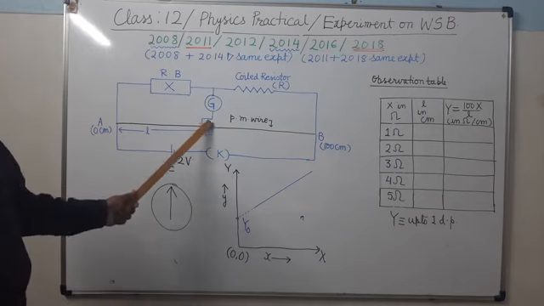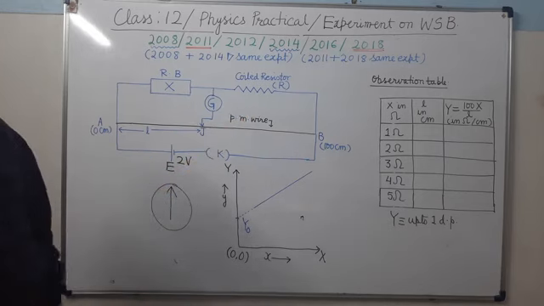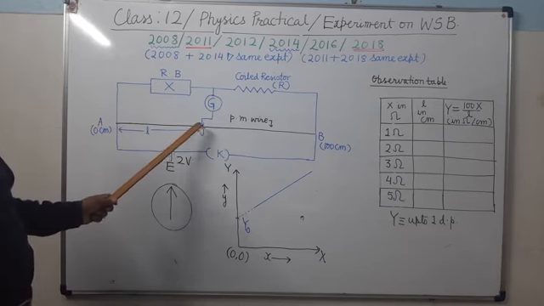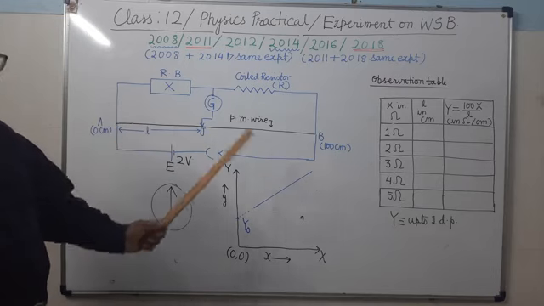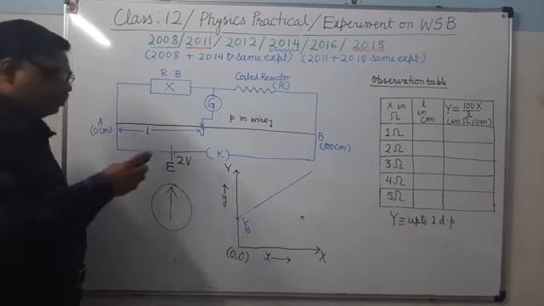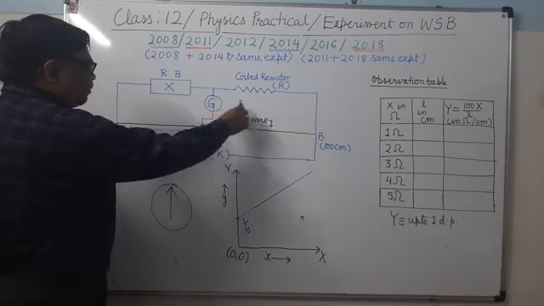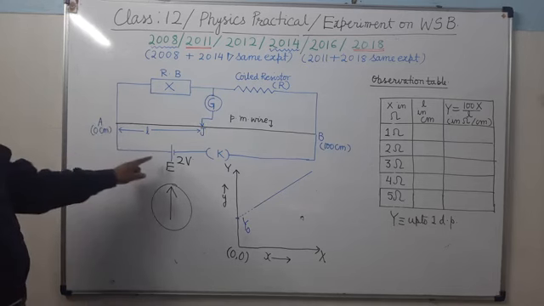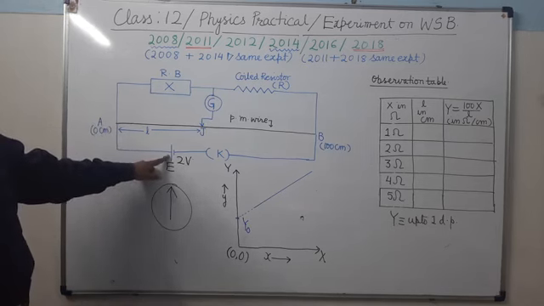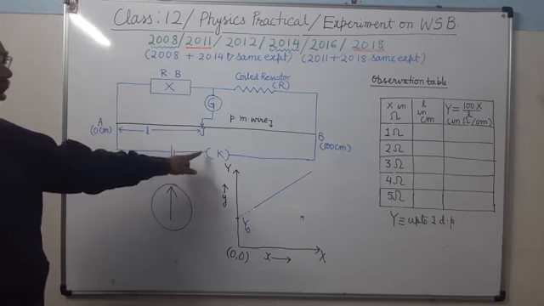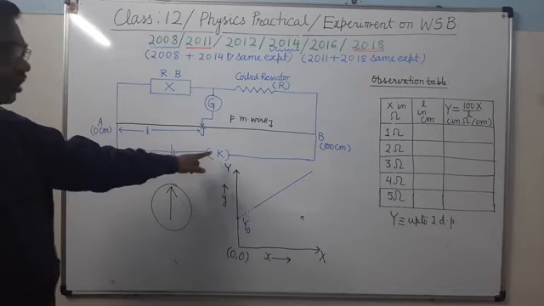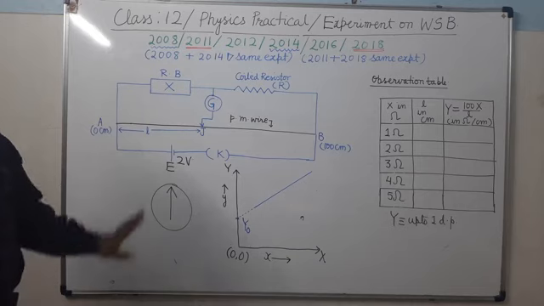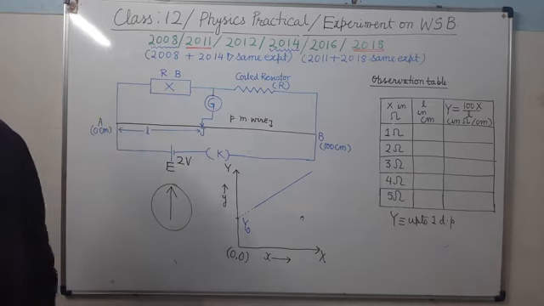In the galvanometer there is no plus and minus, you can connect it any way. From the other binding terminal of the galvanometer, the jockey will be connected, which will be touched at various points of the potentiometer wire. Then from the eliminator's negative you connect to the key. From the other binding terminal of the key, it is connected to B. It's clear? This is the circuit setup of the circuit diagram.